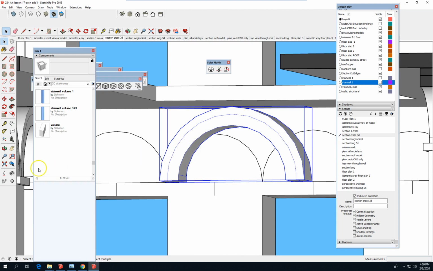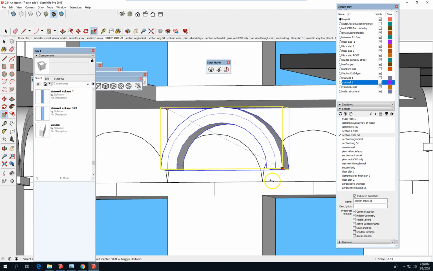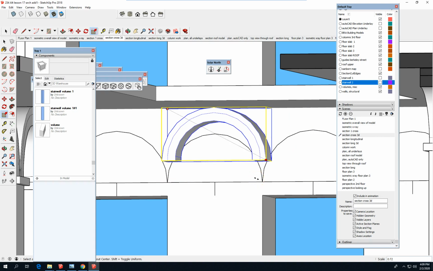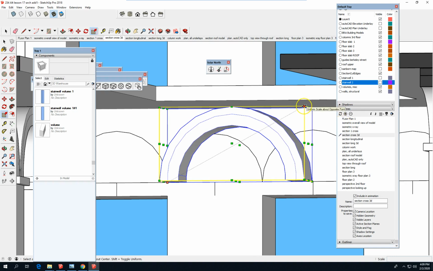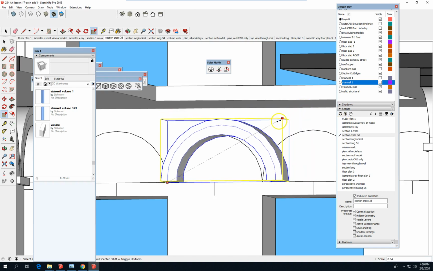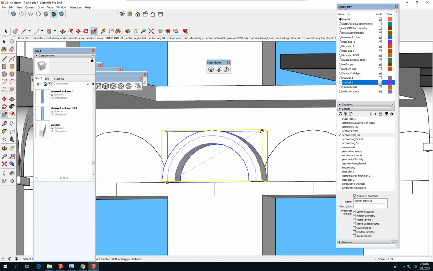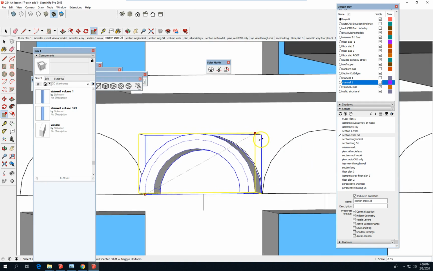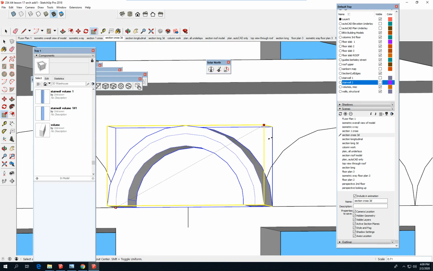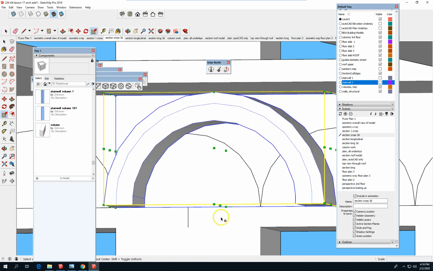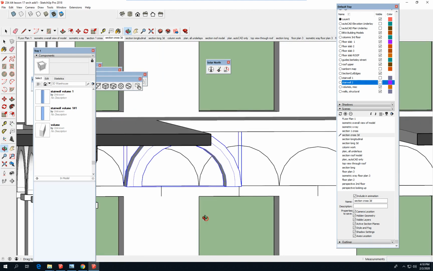I think a uniform scale is what we need. Uniform scale about opposite point. Maybe we want to do that from up here. Uniform scale about opposite point. So where we have it. Okay, let's move it one more time